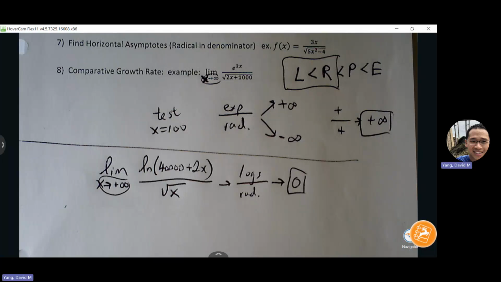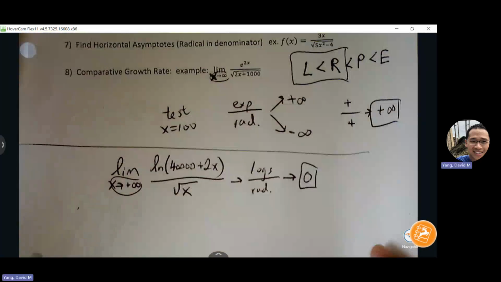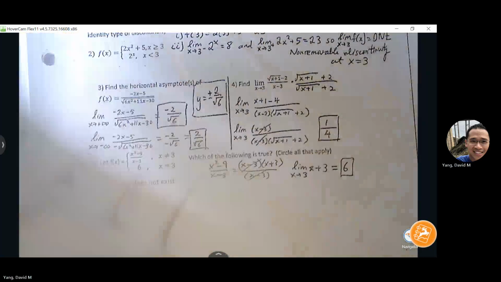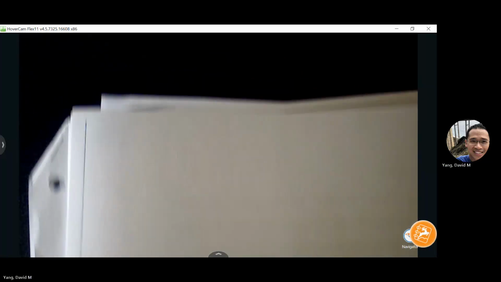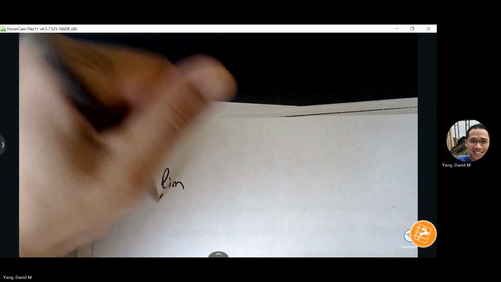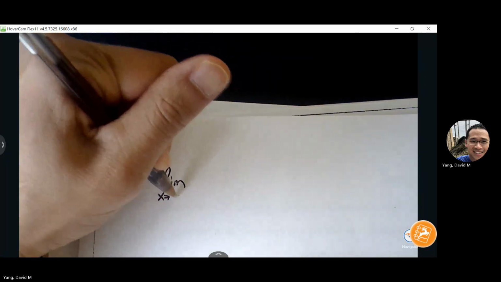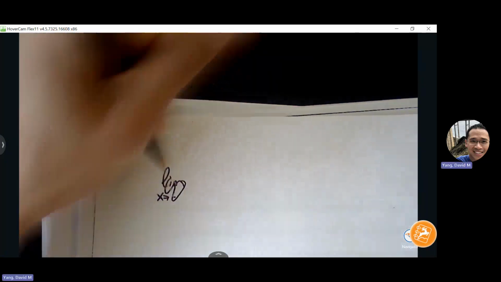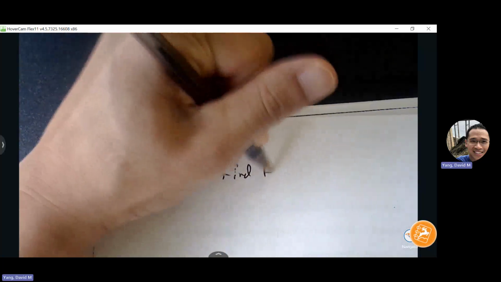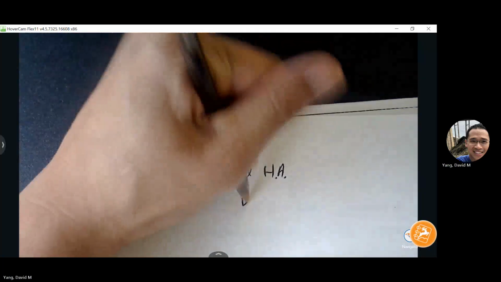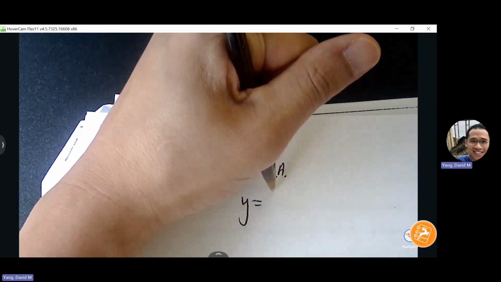Can you give one more example, like finding horizontal asymptotes for a radical? Yeah, look at that. I'll put this on the back if you guys want. And yeah, so find horizontal asymptotes for y is equal to